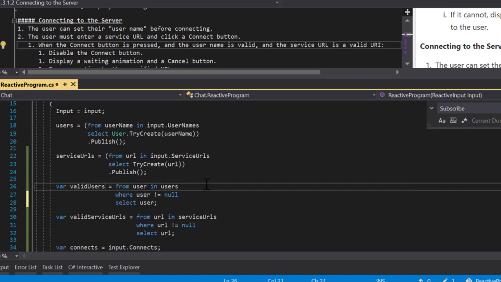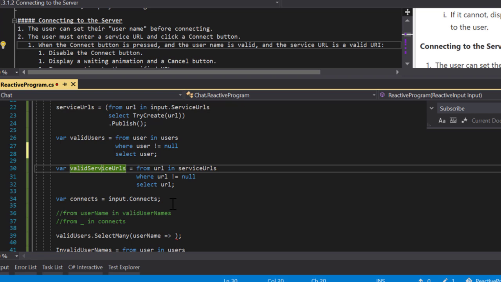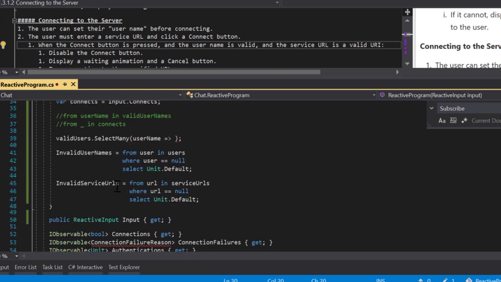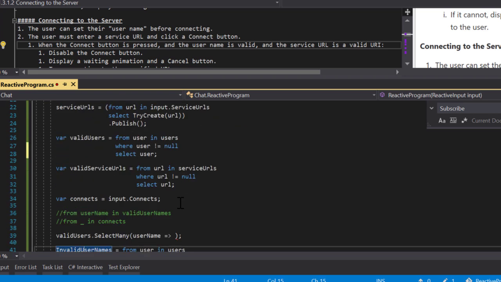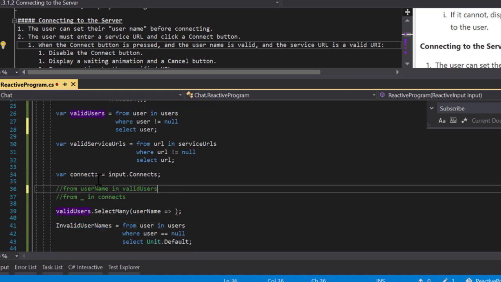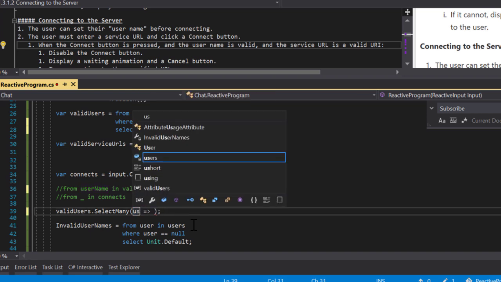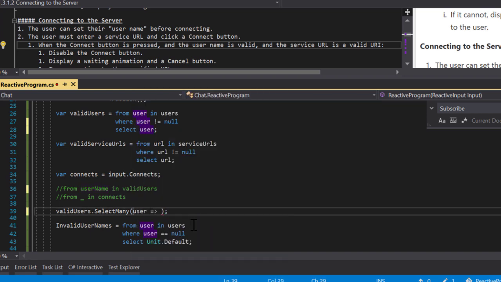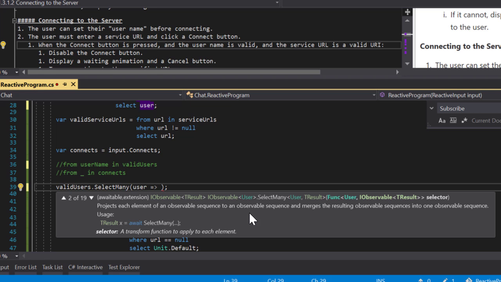Sorry, going on so many tangents here. Hopefully I'll make this a little bit clearer at some point. Usernames is fine for invalid. Okay, so this is valid users technically, and we could just call this user. I just want to be clear, right? Okay, so there we go. So a user comes in. When the user arrives,